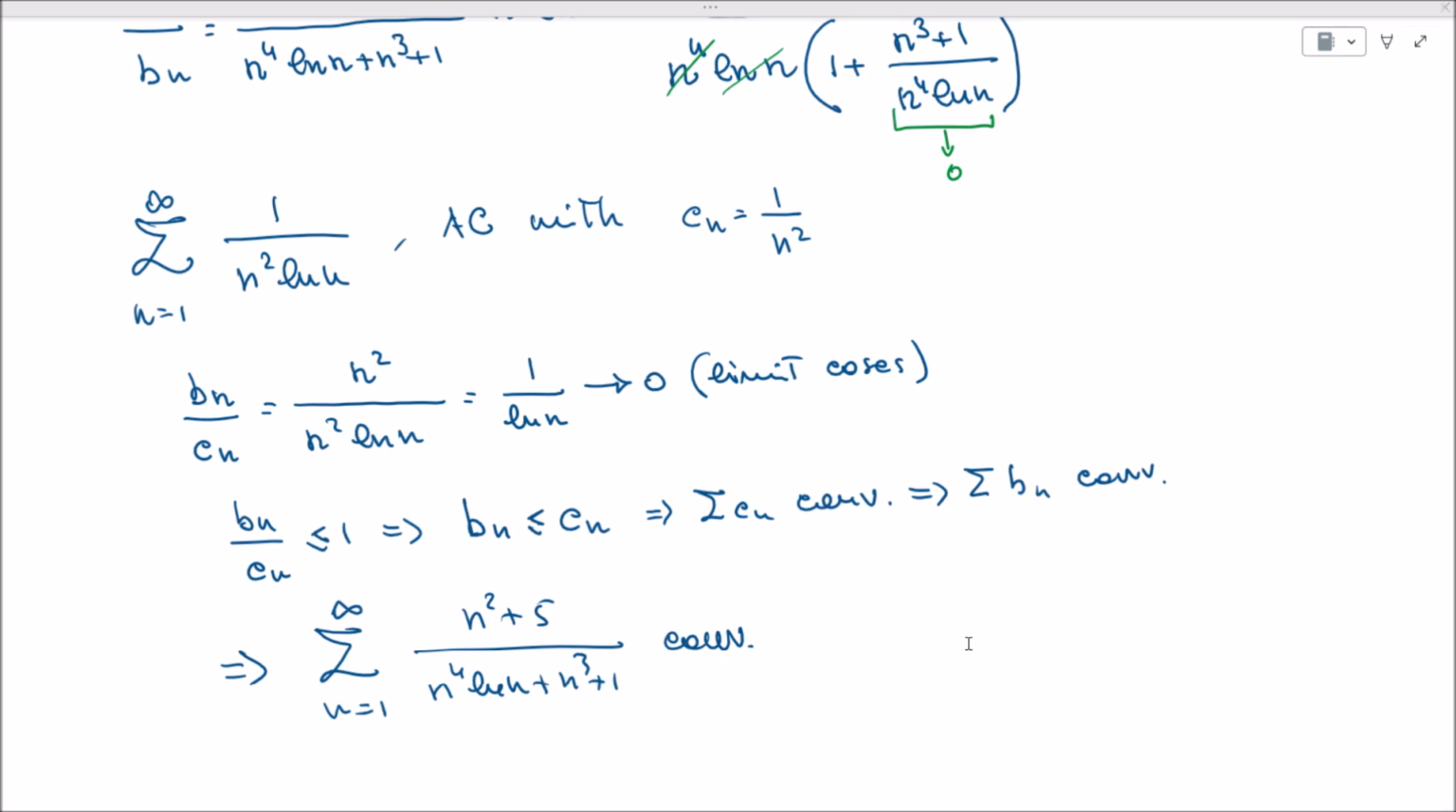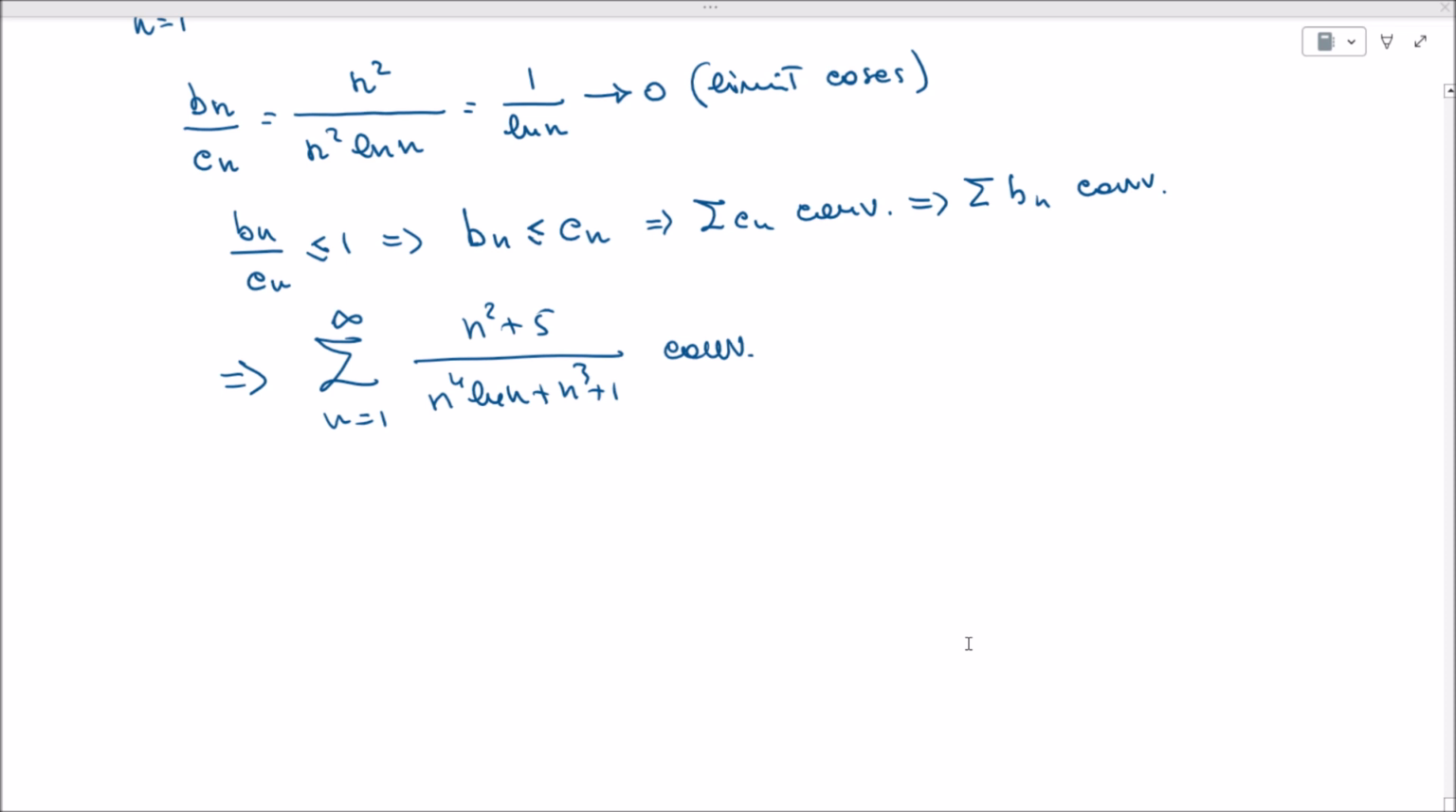Now there is also an alternative way to study the series sum of 1 over n squared logarithm of n, as n goes from, let's say, 2 to infinity. And what is that? Well, we can just make a pure comparison with 1 over n squared. So we can say that 1 over n squared logarithm of n is